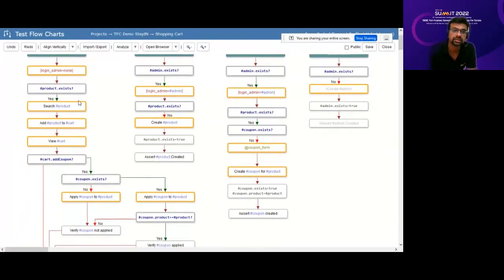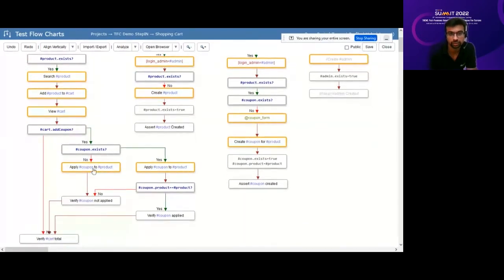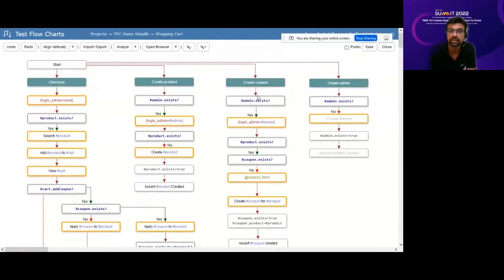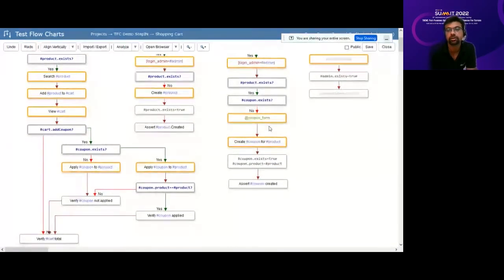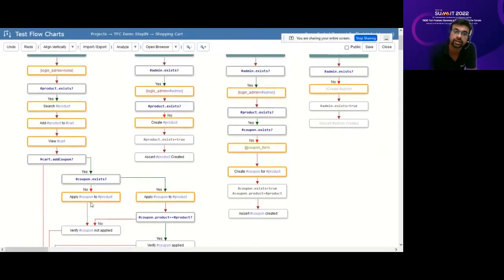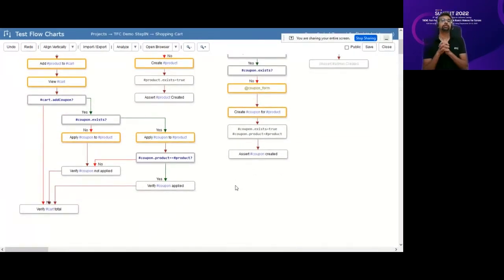And the next thing it checks is that a coupon exists, if we are taking the coupon path. So for the coupon to exist, it goes here, and here it says that for a coupon to exist, a product should exist. So it'll ensure that that product exists, and then it'll go on and create the coupon. Now in this particular case where the coupon's product is not equal to the product, when it's for a different product, it will actually say, okay, I want this product which is here, and I want another product to be created on which I'll apply the coupon, so that these two products are different. So we need to do all this to be able to make all this work.